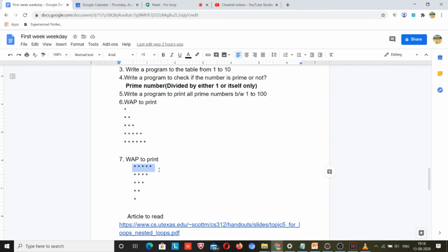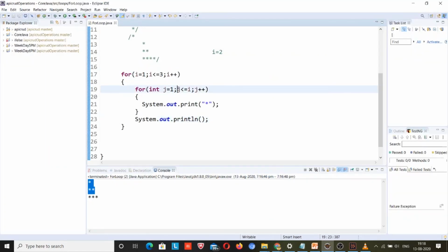So you have to print j number of times, not i number of times. Here I had j less than or equal to i, but here you need not do this. Here you simply have j equal to 5.